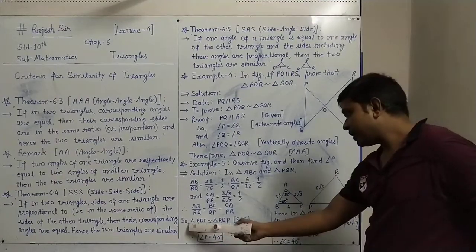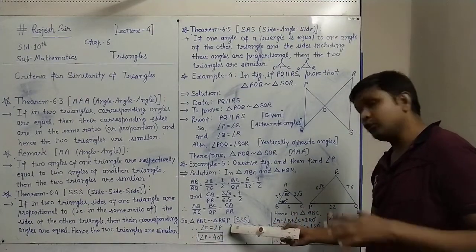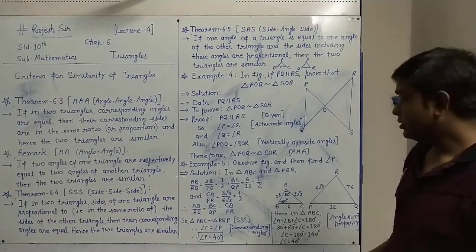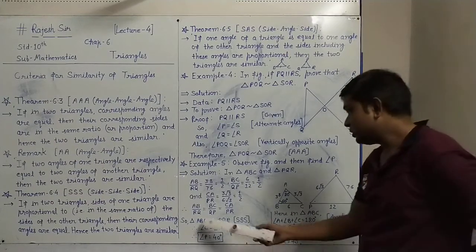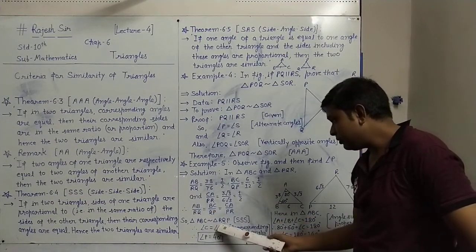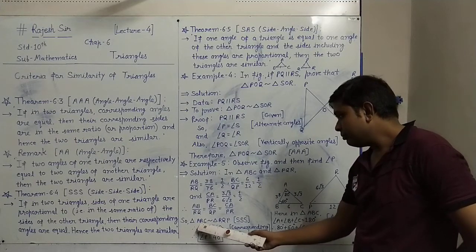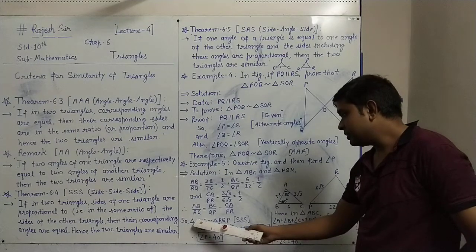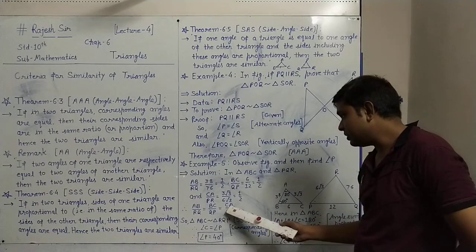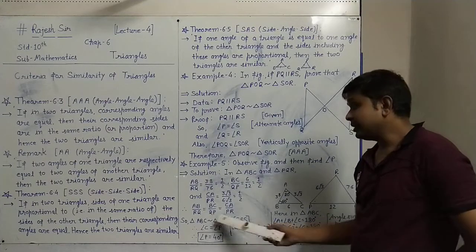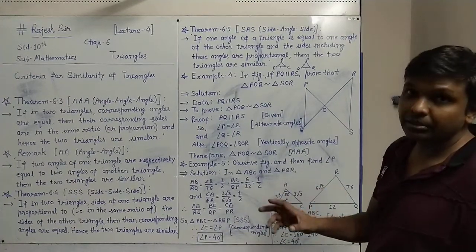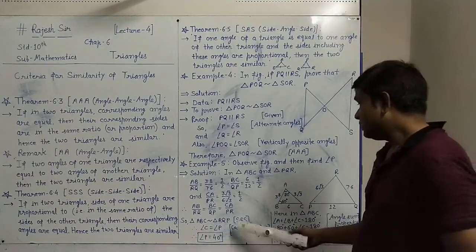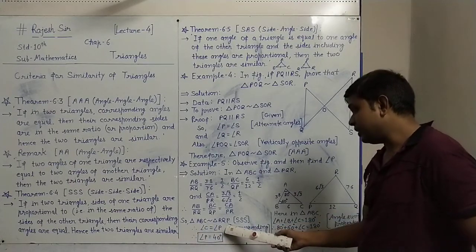In order, we have to write triangle ABC similar to triangle RQP. The corresponding vertices should be in order, because AB upon RQ is first side upon first side, BC upon QP is second side upon second side, and third side AC upon RP. So by the given side proportions, we must write the similarity in corresponding order. So by SSS, these two triangles are similar.